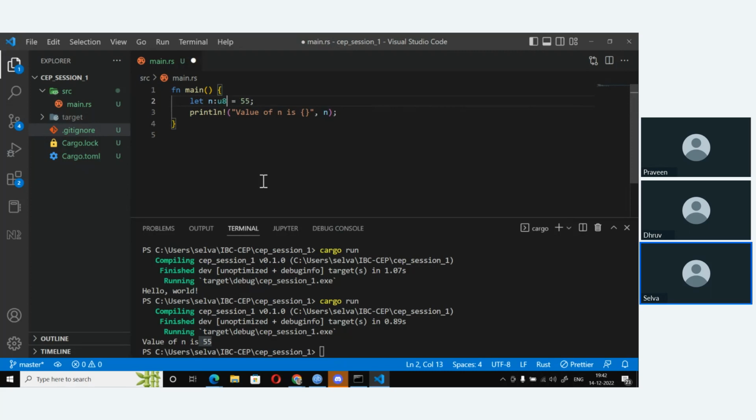When you put a colon after the name and then mention what type it is, this in Rust is called a type annotation. So let me just put it like this: let x: u8, unsigned int 8, equal to 45.